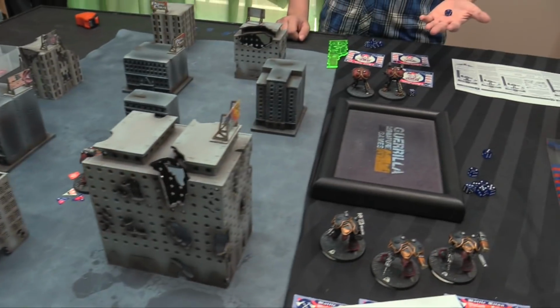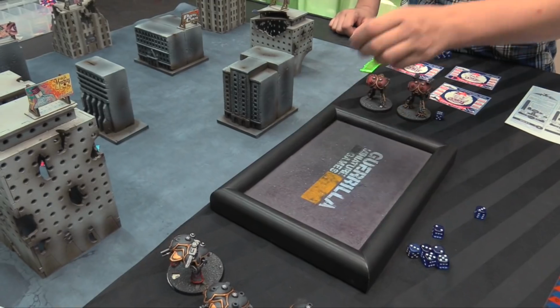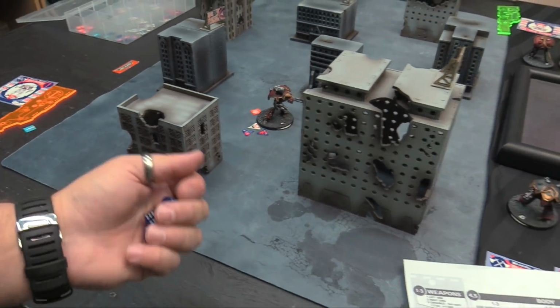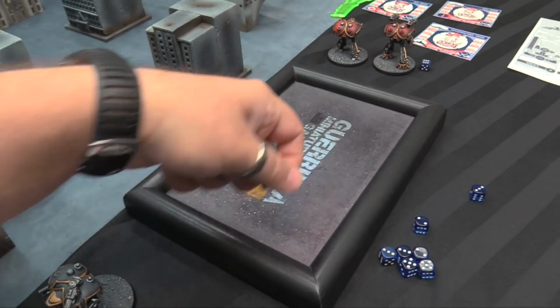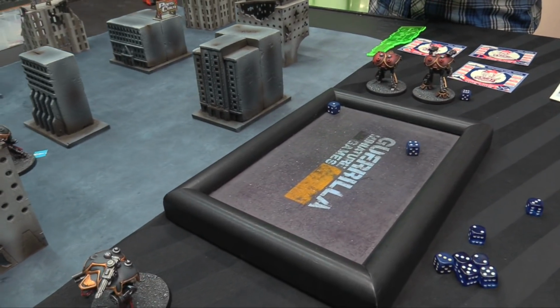But you go first. Fence laser 2+, hits on a 1. Missed. Missed because it always misses on a 1. You go to the advanced step. I don't have any shields down. Oh, I can. Oh, my arms are blown off. There's nothing to repair here. So 5s for my autocannons. I hit you twice. First one hits you in the arm. What arm? 4, which is going to be the...